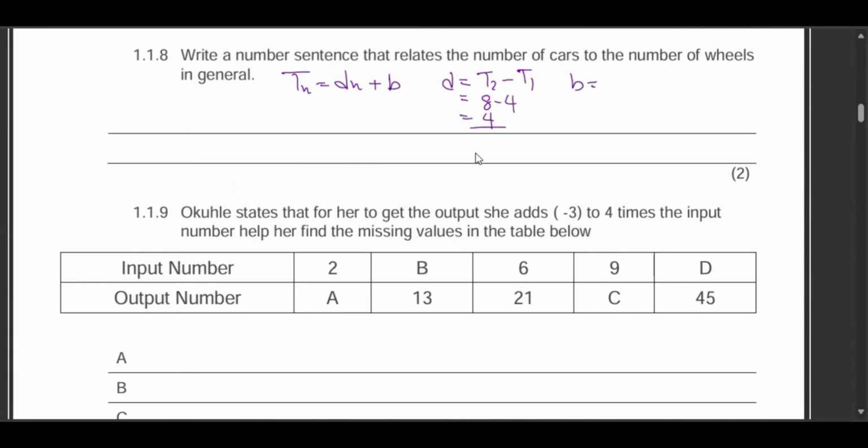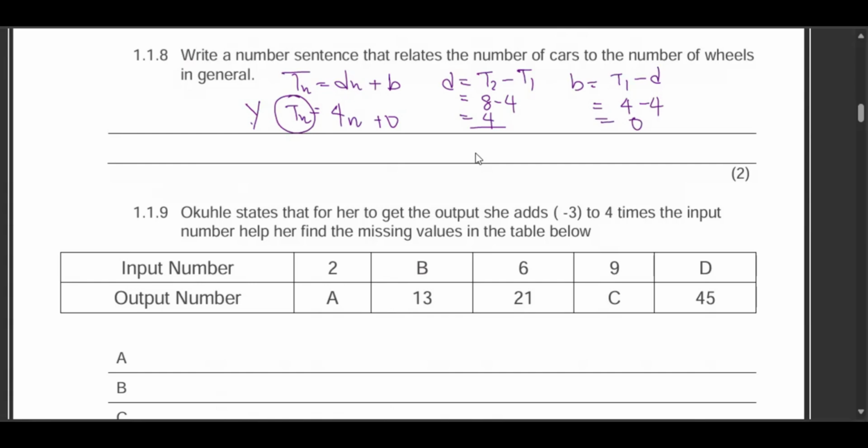Then the b will become T1 minus the difference. Our T1 is 4 and the difference is 4, so our b becomes 0. So we substitute into the formula, where d is 4n plus 0. So at the end of the day, the formula will become